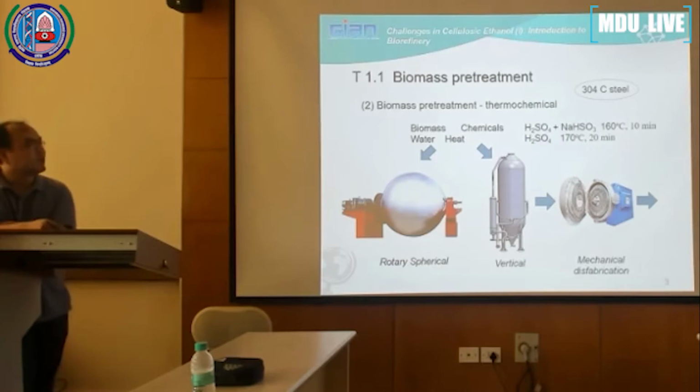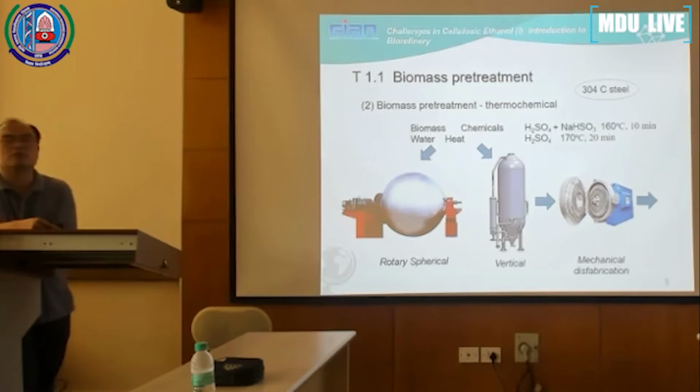But if we use another procedure, we use acidic sulfite, sodium bisulfite. This chemical is very special. It delignifies. It removes lignin by sulfonation. If we use this method, around 30% of lignin is removed, and almost all